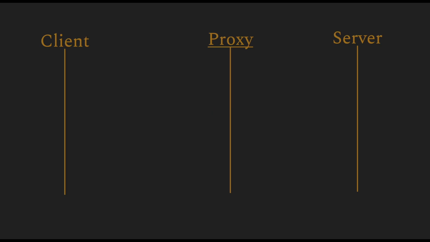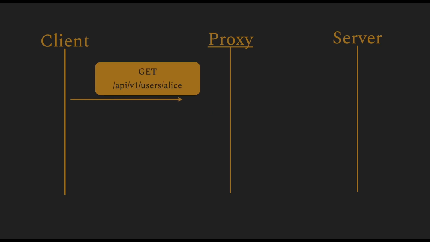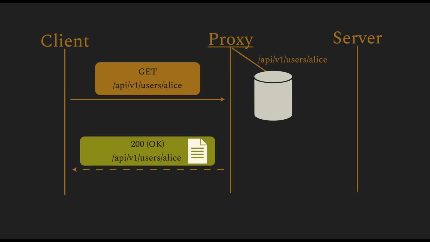The usage of cache raises an interesting question. The data of the user Alice on the server might be modified and the proxy may not know of this. The proxy can of course keep checking with the origin server, but that defeats the purpose of caching. Remember that the point of caching was to reduce calls to the origin server.